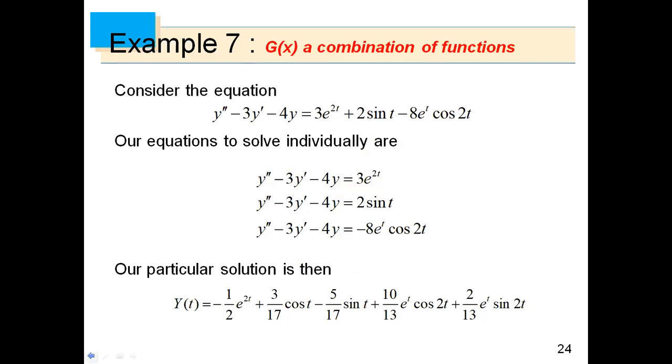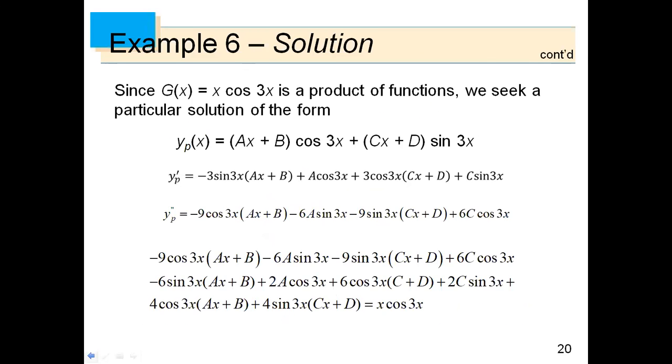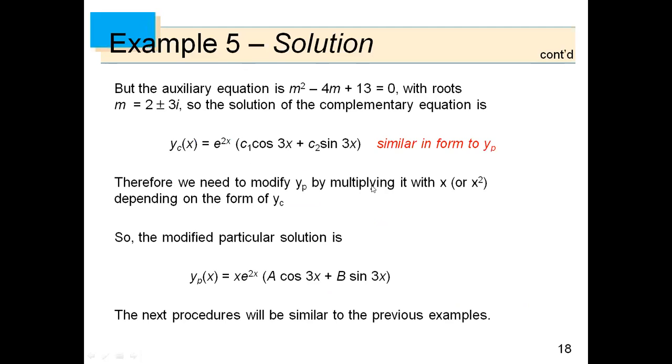So far, these are the things that you have learned using the method of undetermined coefficients. So just don't forget, if I fail to emphasize the modification of the particular solution, if the form of the complementary solution is similar to that of the particular solution, it's the particular solution that you modify. So originally, your particular solution doesn't have the x here. That's your particular solution. So what you do, you modify it by multiplying it with the independent variable